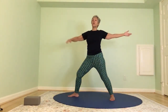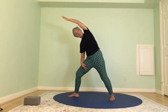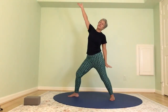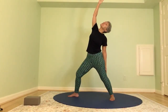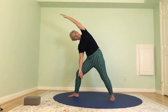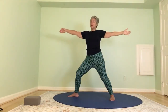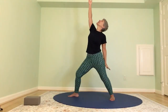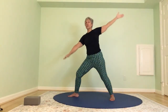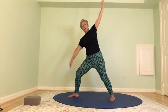Warrior 2. Elbow bends to side angle. Arm can be up or out by your ear. Warrior 2. Reverse. Warrior 2. Side angle. Warrior 2, reverse. Warrior 2, side angle. Back to Warrior 2,